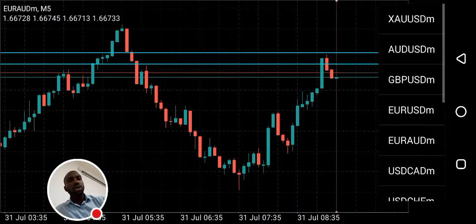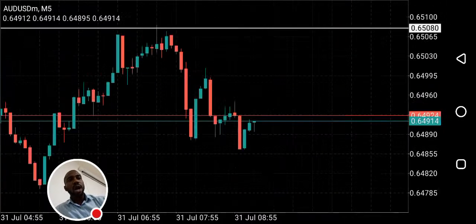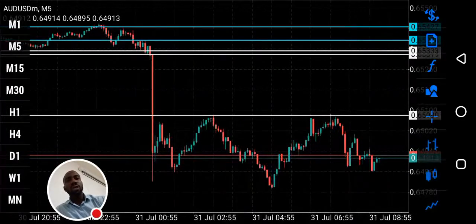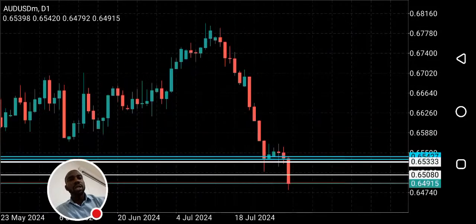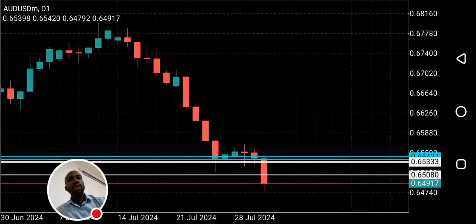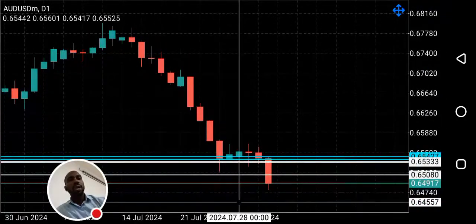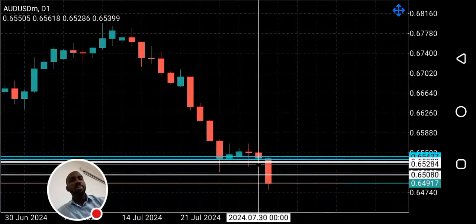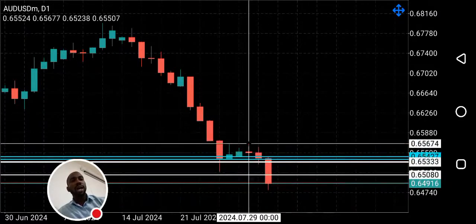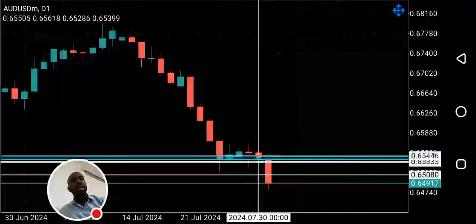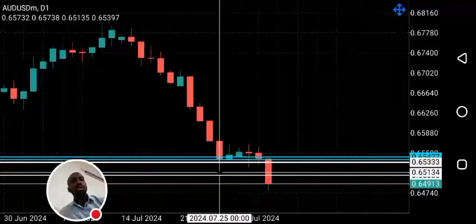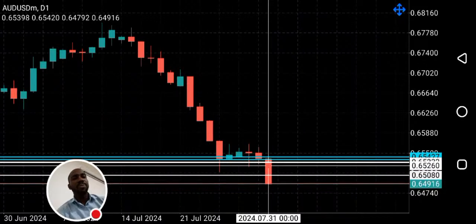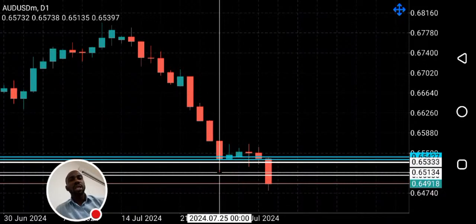Let's look at Australian dollar to see what happened after the major news released. You can see on Australian dollar also what they did was to go for liquidity. We had a candle here, and the next candlestick closed as an inverted hammer. This was a buy setup on Australian dollar, and they knew a lot of retail traders executed buy, and their stop losses would have been the low of this candle or a few pips below it, and that they have hunted for. They've gone for those stop losses. They've cleared liquidity at this previous low.